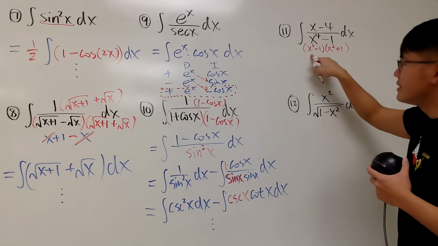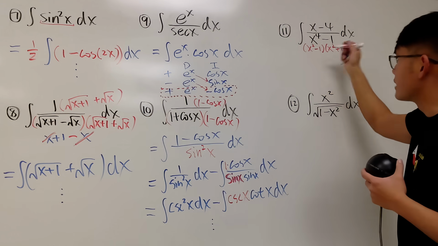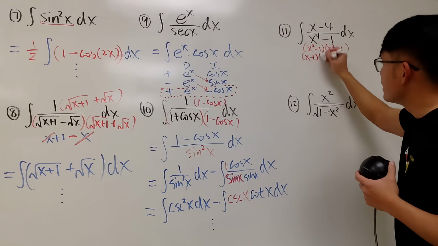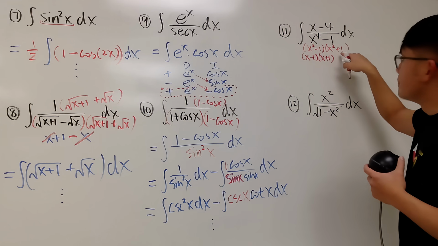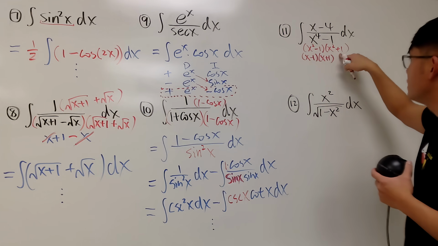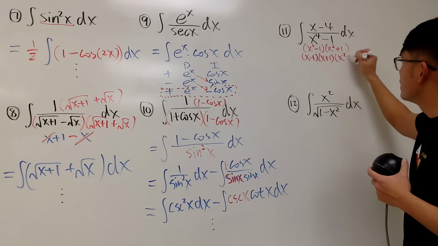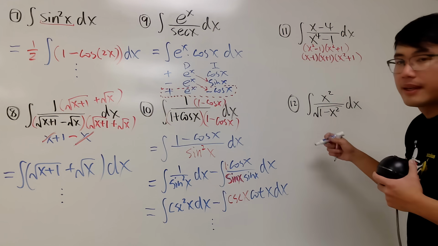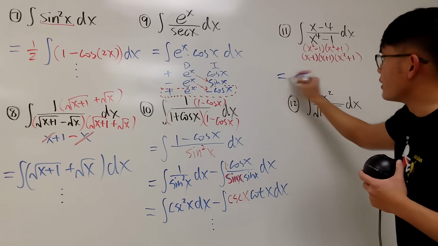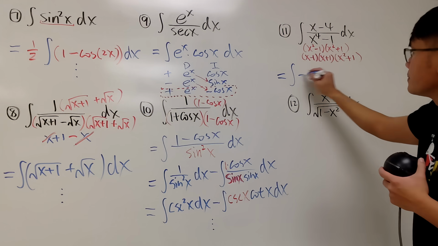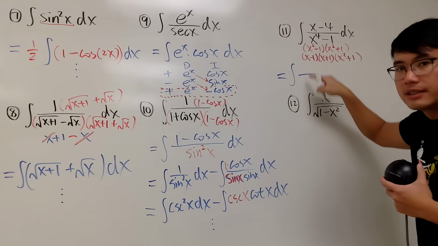And then this is still factorable. You can factor this to be x minus 1 times x plus 1. But this is no longer factorable. You keep it. This is an irreducible quadratic. Right? And then the general form for this situation is that, well, first of all, you have this for its